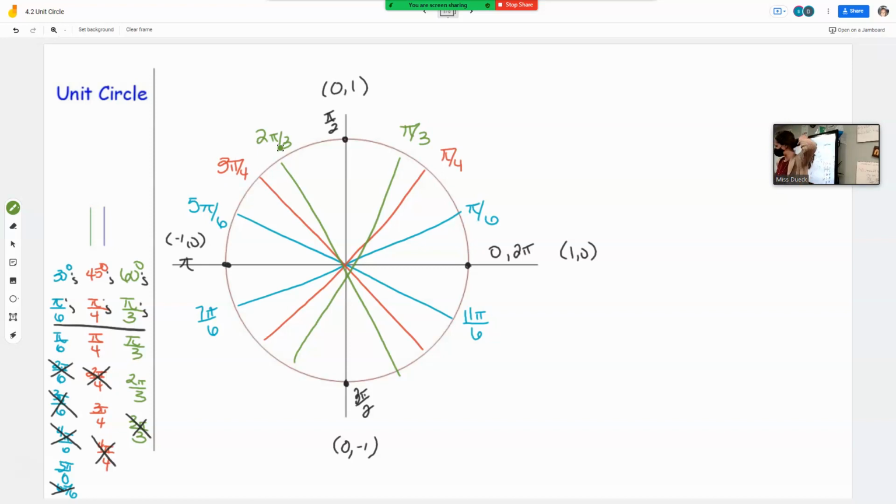Maybe you have it. You're still pondering. If we're just counting by fractions,